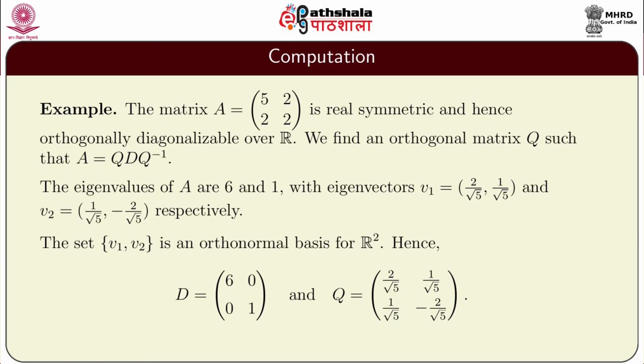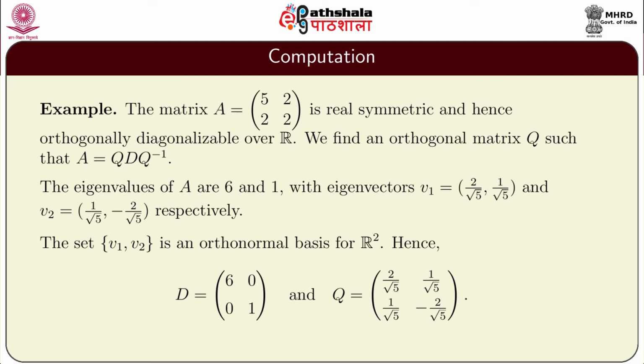The eigenvalues of A are 6 and 1 with eigenvectors V1 equal to 2 over root 5, 1 over root 5, and V2 equal to 1 over root 5, minus 2 by root 5, respectively. Now, the set containing V1, V2 is an orthonormal basis for R2, and therefore